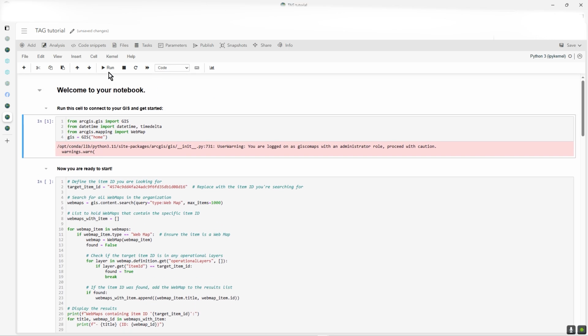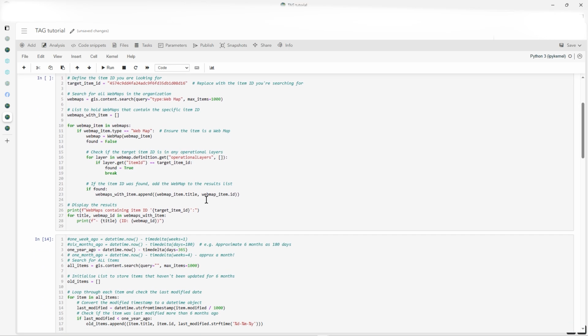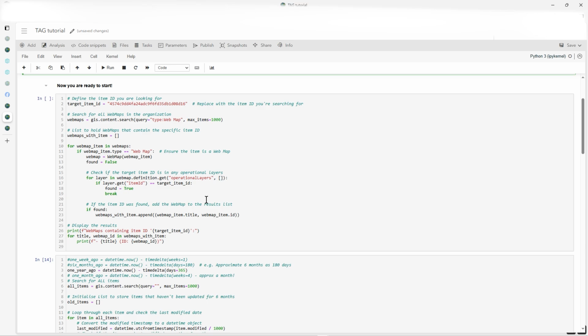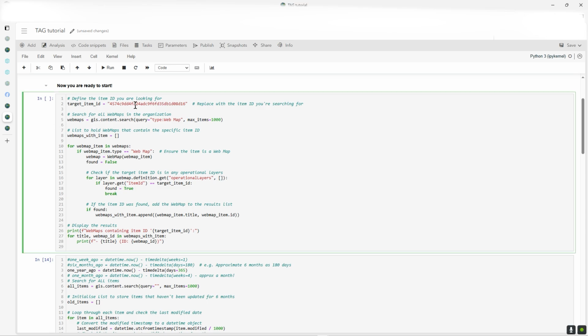So the first thing to do is to make sure you're importing WebMap from arcgis.mapping, so include that in there because we're going to search on that for a type. The second thing in this cell here, I've identified what ID I'm actually looking for. You would replace this with whatever you want. You could alter this as well to make it a list. But anyway, I'm just specifically looking for this one, which is, I think, something to do with pubs as